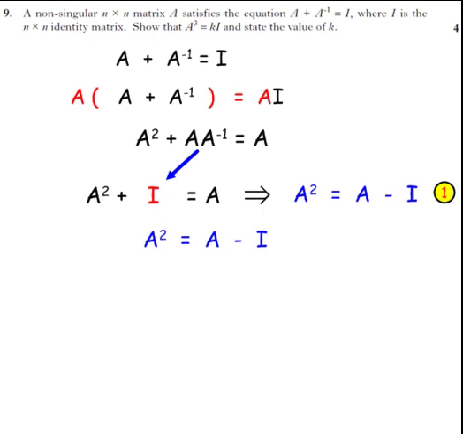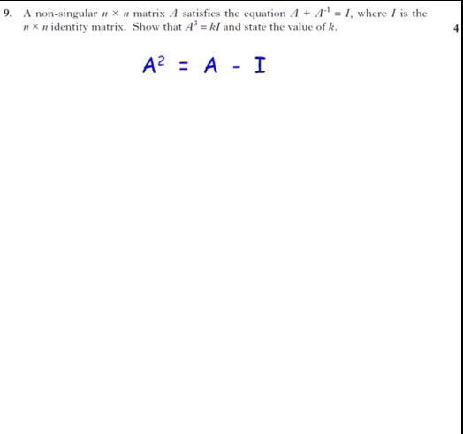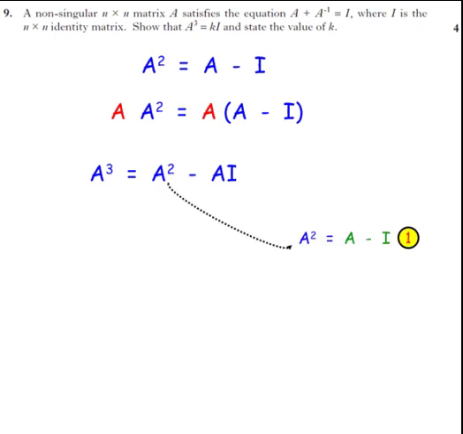To get A cubed now, if we multiply on the left both sides of this equation by A, A times A squared is equal to A bracket A minus I. The A times the A squared is A cubed. Multiplying out the brackets, A times A is A squared, and then A times I. From earlier, equation 1, A squared was A minus I,